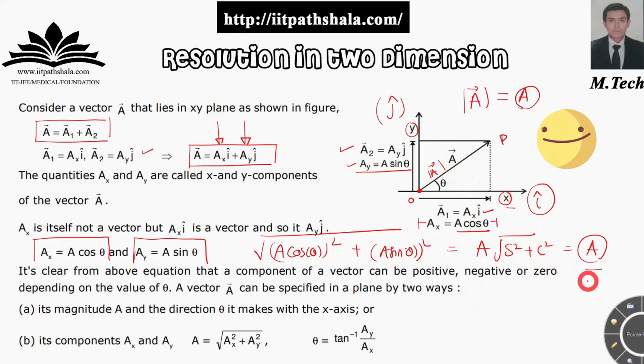Okay, now if you want to find this angle theta, just apply the tan theta value and you will land up with px upon xo, and you know the value of px is nothing but a sin theta and xo is nothing but a cos theta. So that's your value of the angle at which the resultant is inclined with respect to your x-axis.